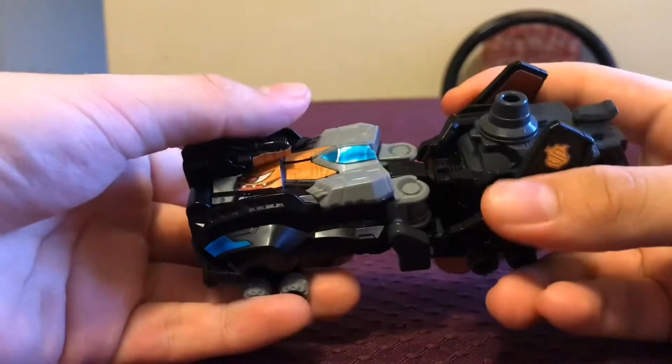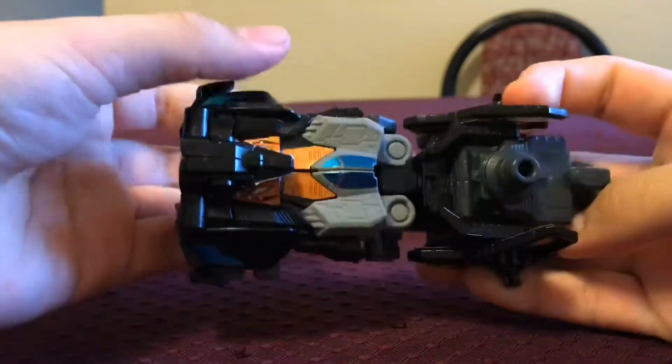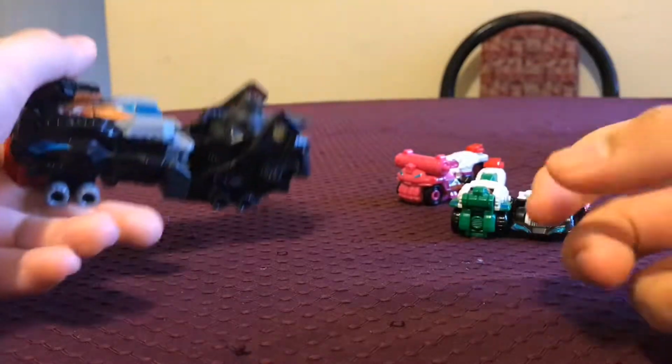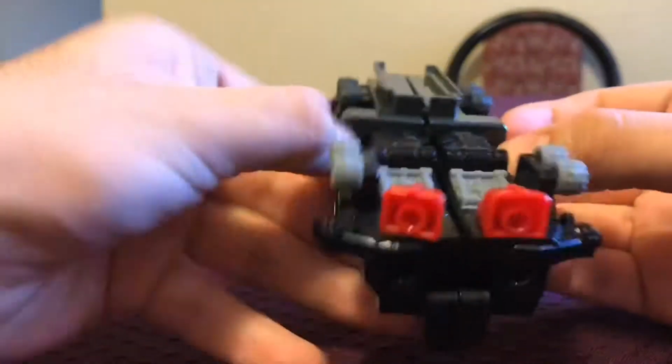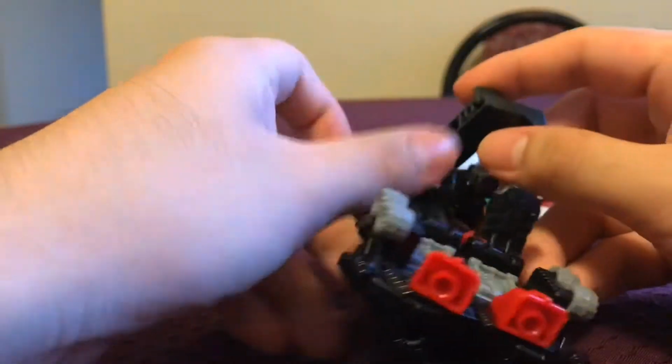So yeah, that's how it is. And then you just take it out if you want. That way you find the button on top. So yeah, I like that feature for all the Lupin Ranger versus Power Ranger, but I don't really like